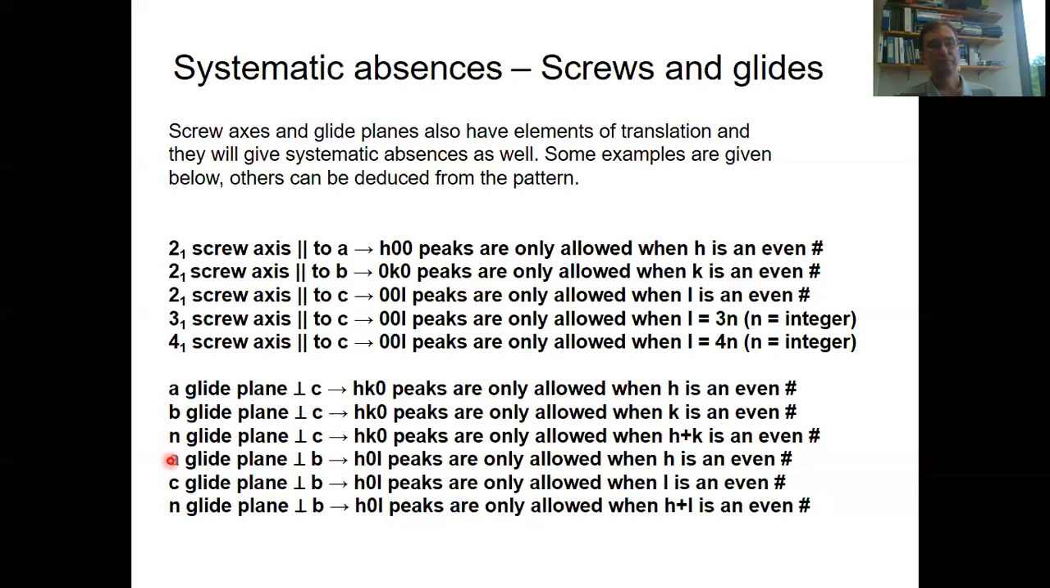Now when we have an A glide plane perpendicular to B,